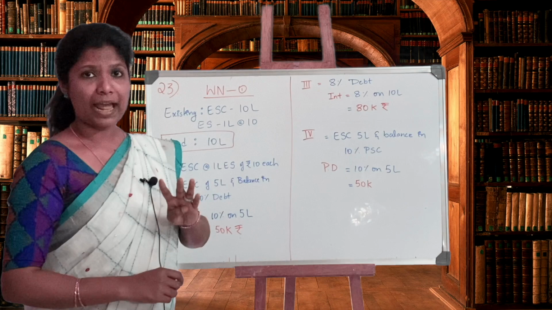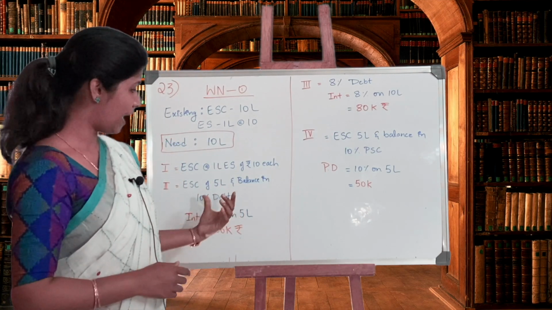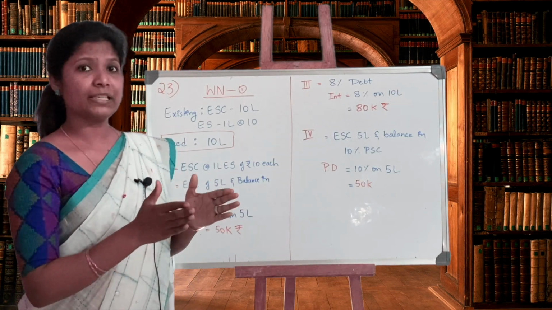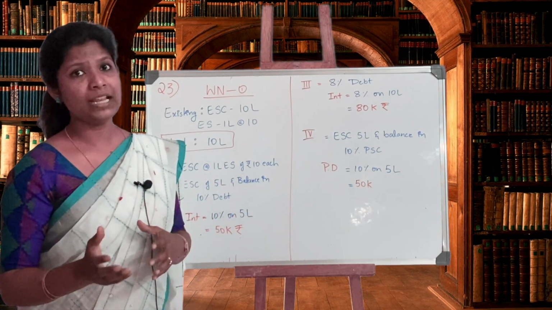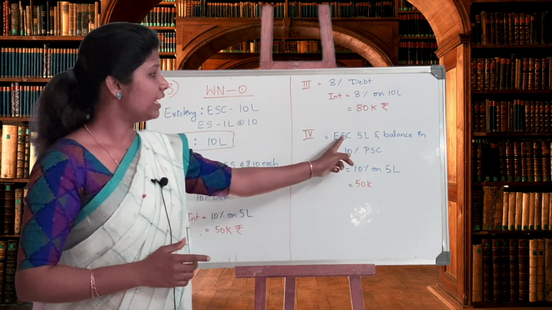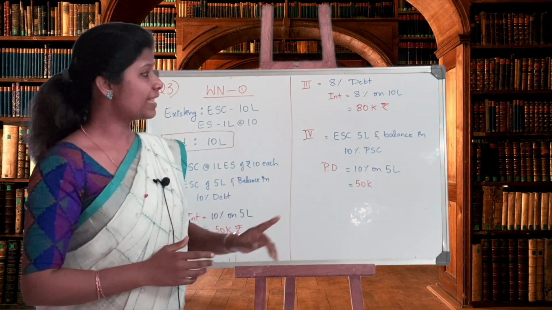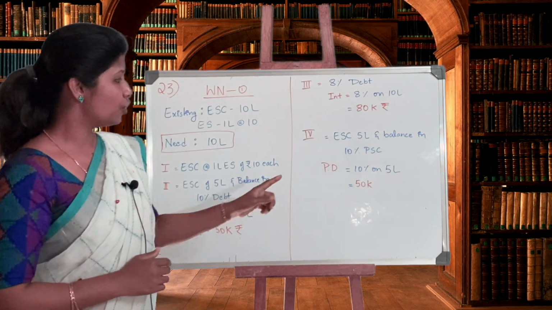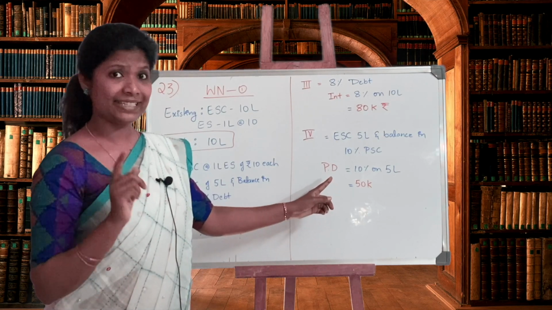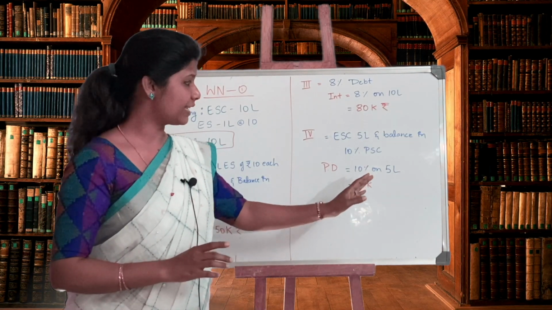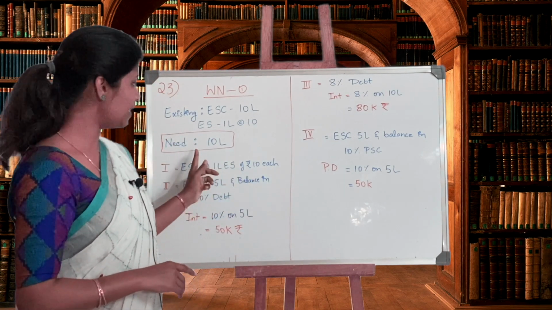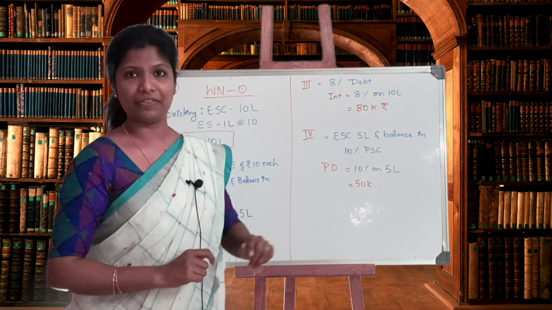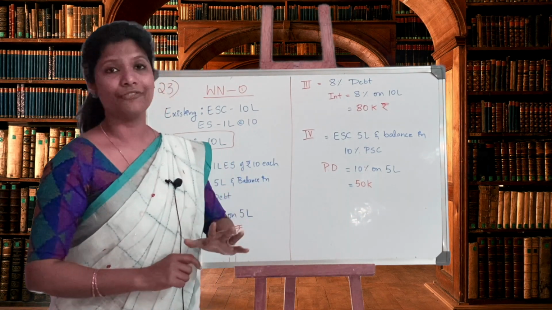The last plan, plan number 4, is again similar to the second plan we saw. The fourth plan is a resemblance. 50% in equity and 50% in preference capital. So equity is my 5 lakh rupees and the balance in preference capital, another 5 lakh. So how do I calculate my preference dividend? It is 10% on 5 lakh. Please, I repeat, it's not 10 lakh rupees. It's only the balance. So 10% on 5 lakh rupees comes up to 50,000 rupees.